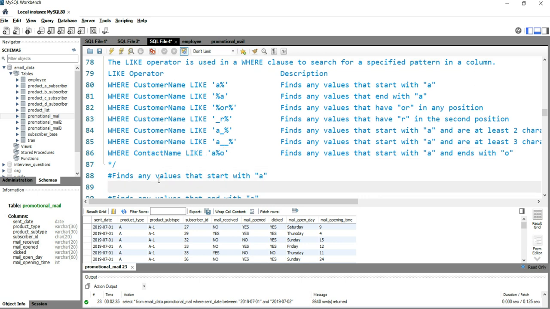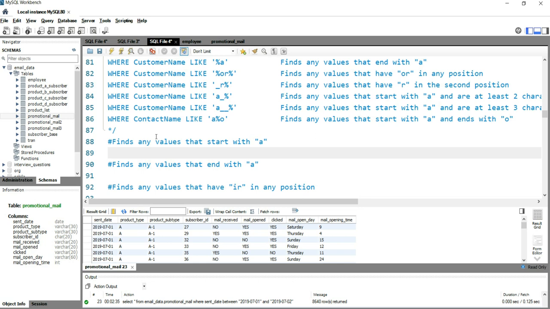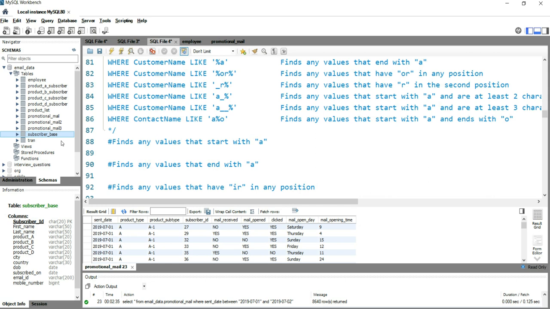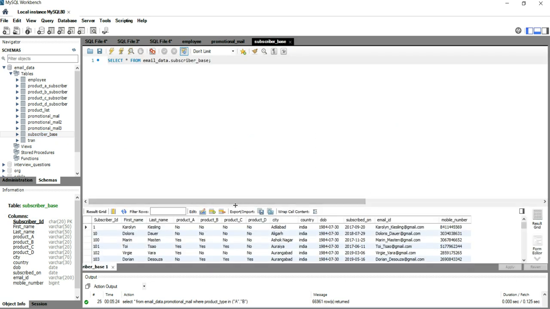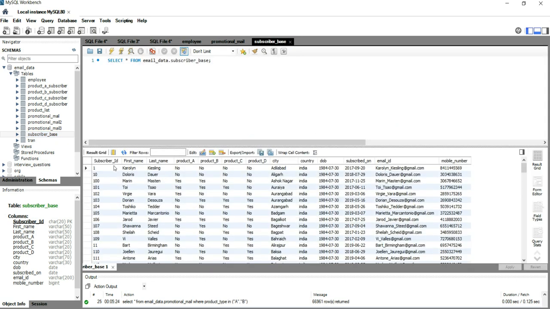For this example, I will be using this subscriber base table. In this table, I have the subscriber ID, subscriber first name, subscriber last name, and whether they have subscribed to a particular product. If product A is yes, then it means that this subscriber has subscribed to this product.